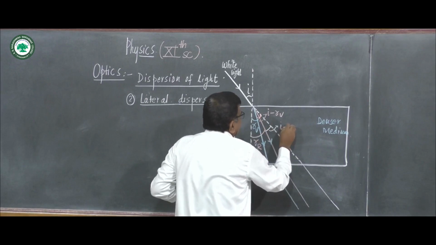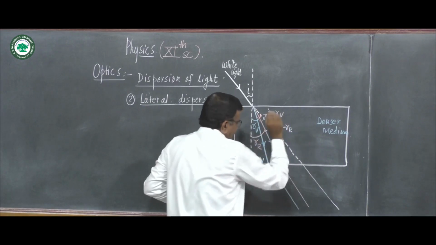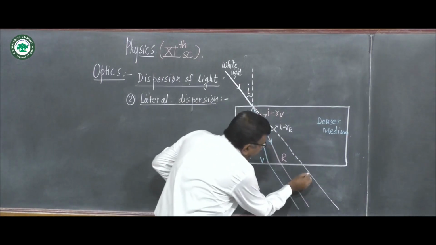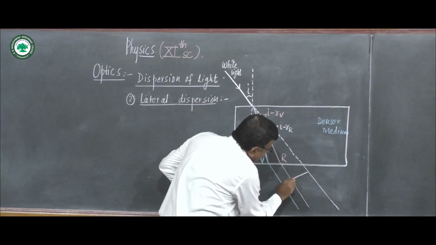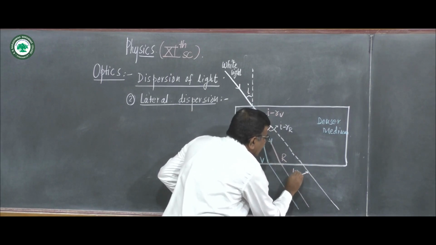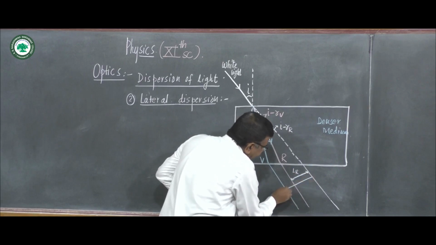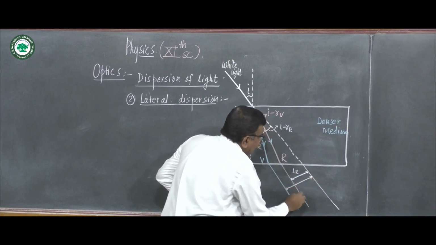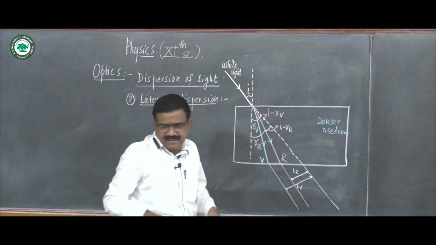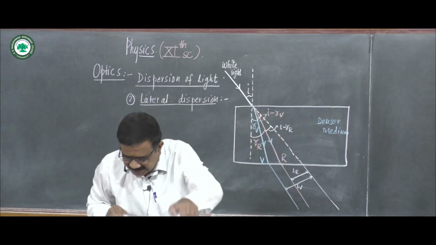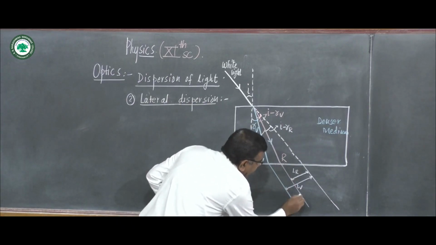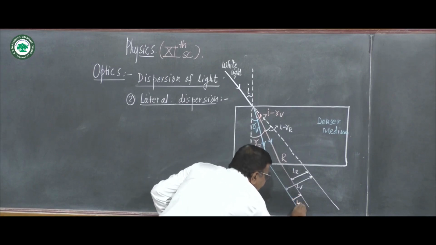This perpendicular distance is LR, then this distance is LV, and here the lateral dispersion is LVR. This much is the lateral dispersion, LVR,